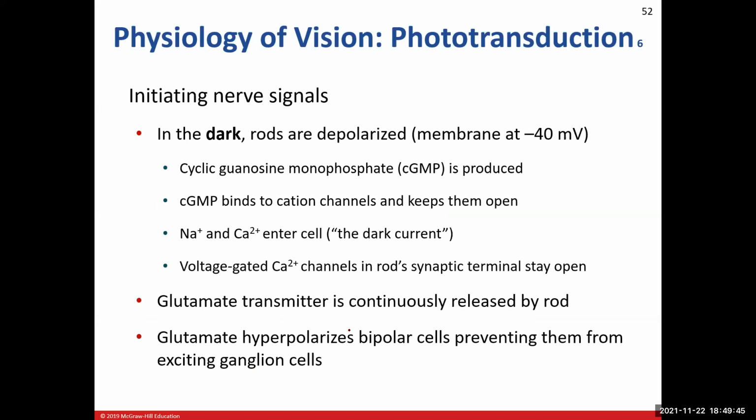All right, so let's talk about now how we are going to convert that light energy. We talked about how it stimulates the photoreceptors. Now let's talk about how it gets converted into action potentials, into our nerve signals. So we'll start talking about the rods first. When we're in the dark, keep in mind, in the dark, your night vision is going on. What we're doing here is we are depolarizing our rods. How do we do that?